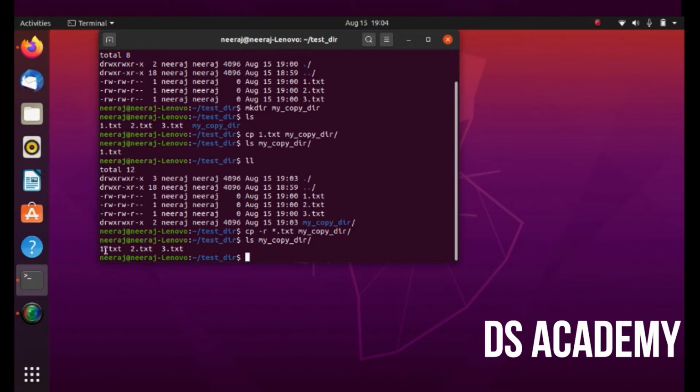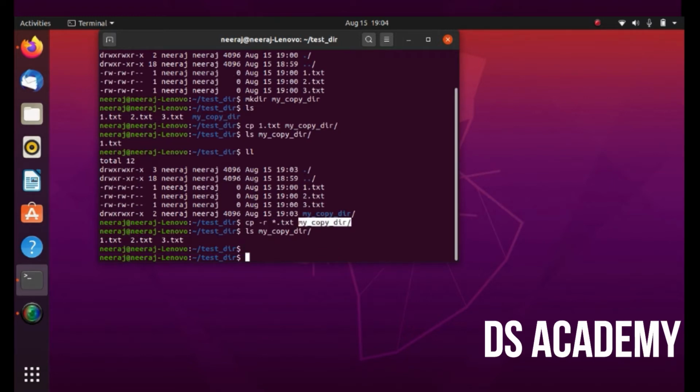So here what happens is when I say cp -r means recursively, and I am recursively copying star.txt, that means 1, 2, 3, 4, 5, whatever file will match this regex, this command will copy all the content to this particular directory.